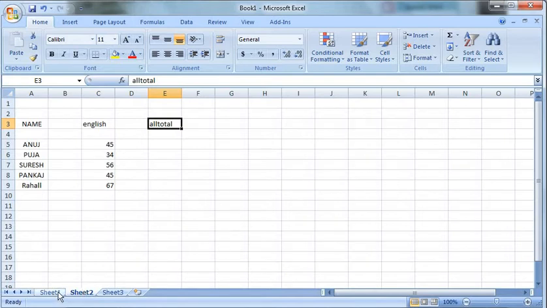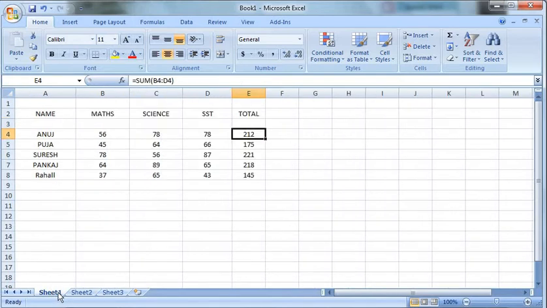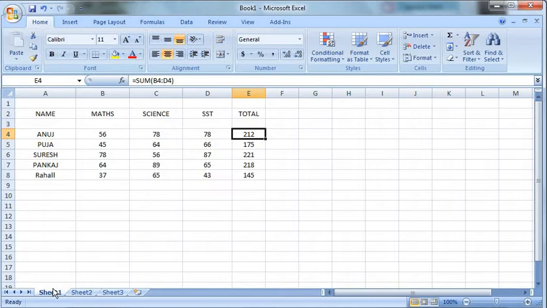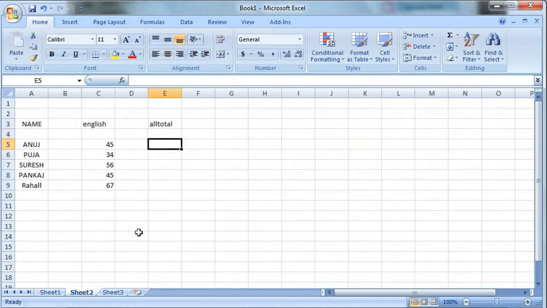In the other tab the total is 212 for the 3 subjects, and I want that to be added with this 4th subject, English. So what I will write? What is the total of the 3 subjects? That is mentioned there already, right? And what is the 4th one? 45.